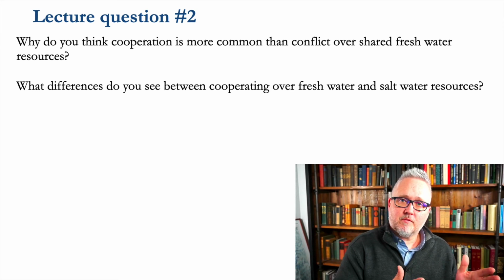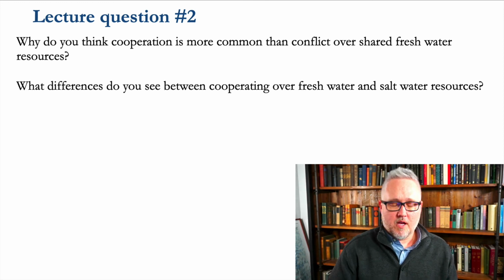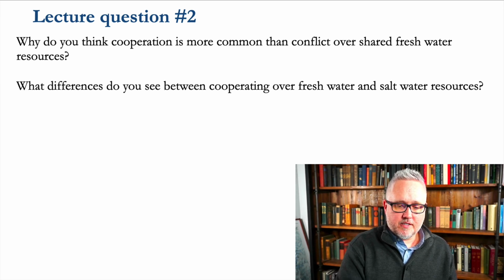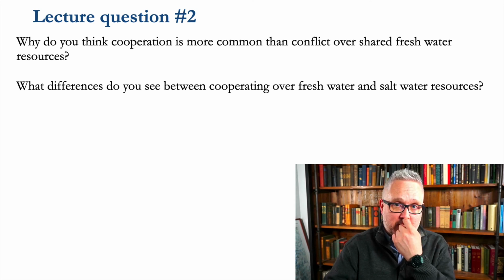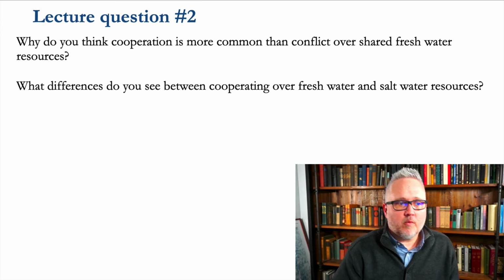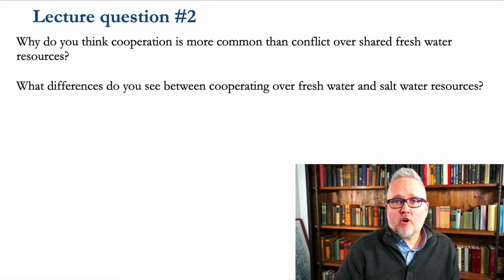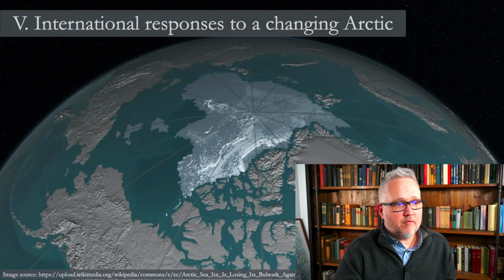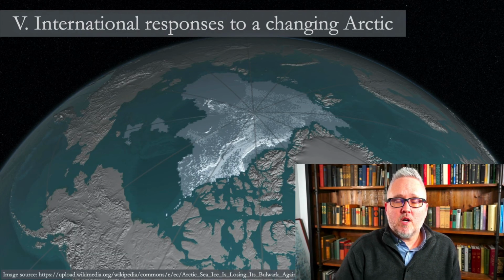And how can we differ between different forms of water? Because we're going to see in the Arctic discussion in a second that there is a difference in the extent to which cooperation has been hammered out, and the transparency and the extent to which it covers resources is quite different in fresh as opposed to saltwater resources. So what are those differences that we're going to see in the links between those two? So take a minute, answer that in Waddle, and then we'll finally get through to the international responses